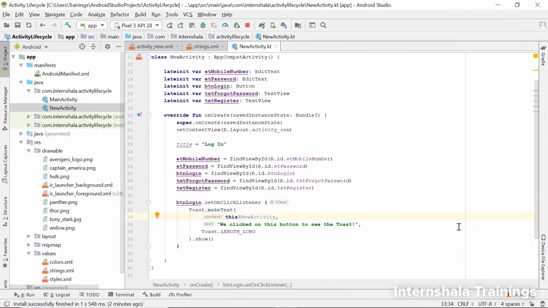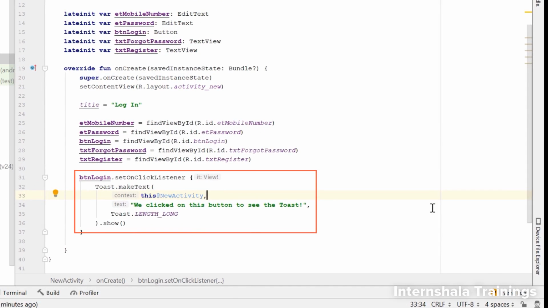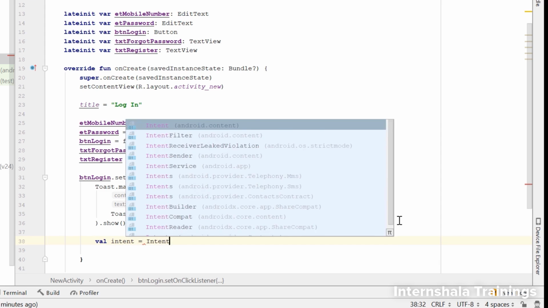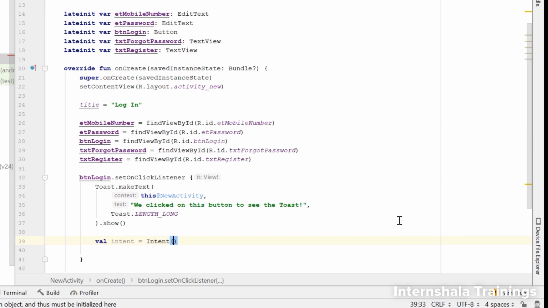So we need to create an intent inside this body here, since we want the intent to be triggered when the user clicks on the button. Inside the intent, we will give the source and destination parameters. The source will be this particular activity and the destination will be the Avengers profile activity. We will create an intent object here. The class intent already exists in the SDK. The concepts of Module 2, where we learnt about classes and objects, will come into use here.